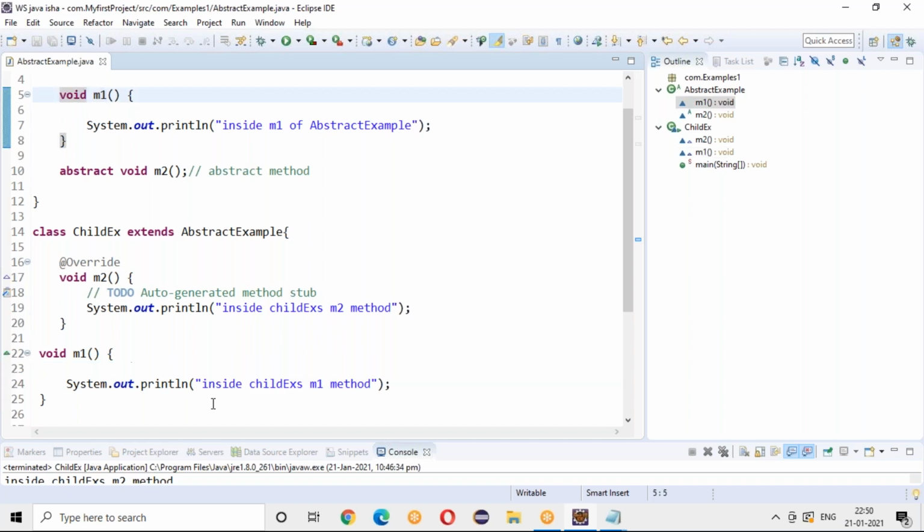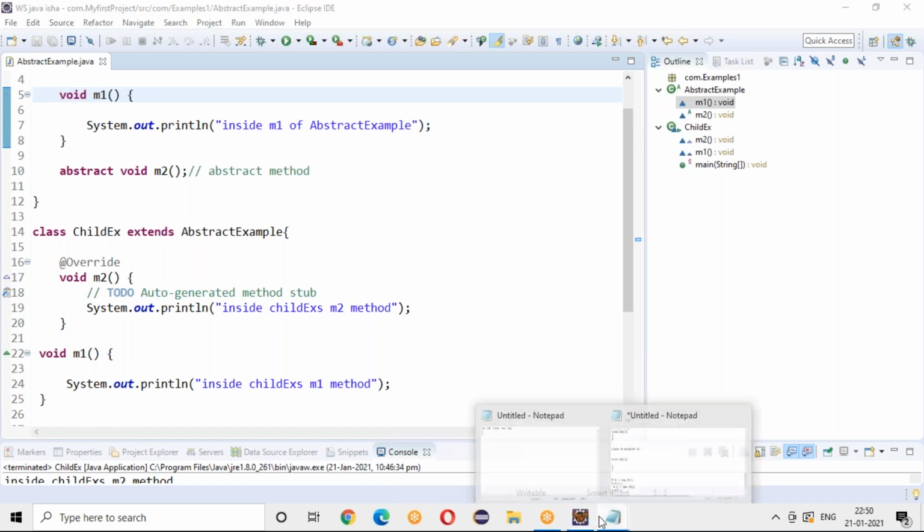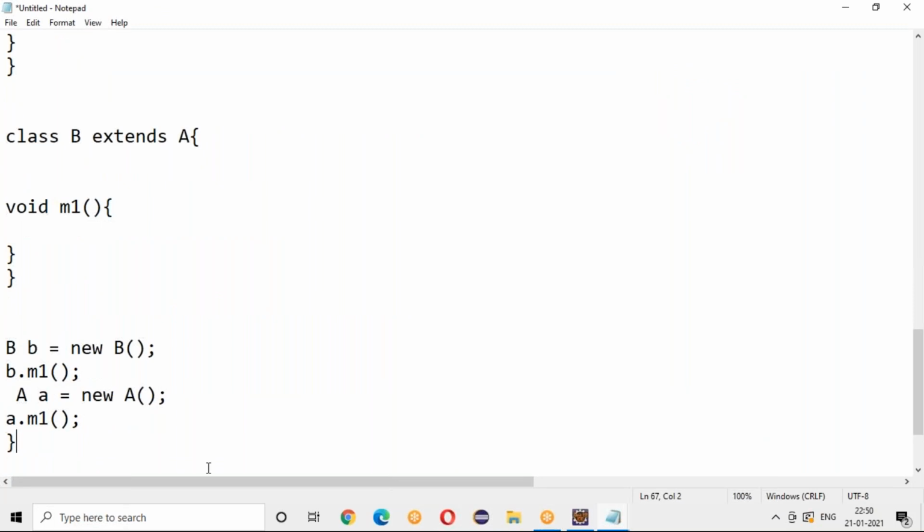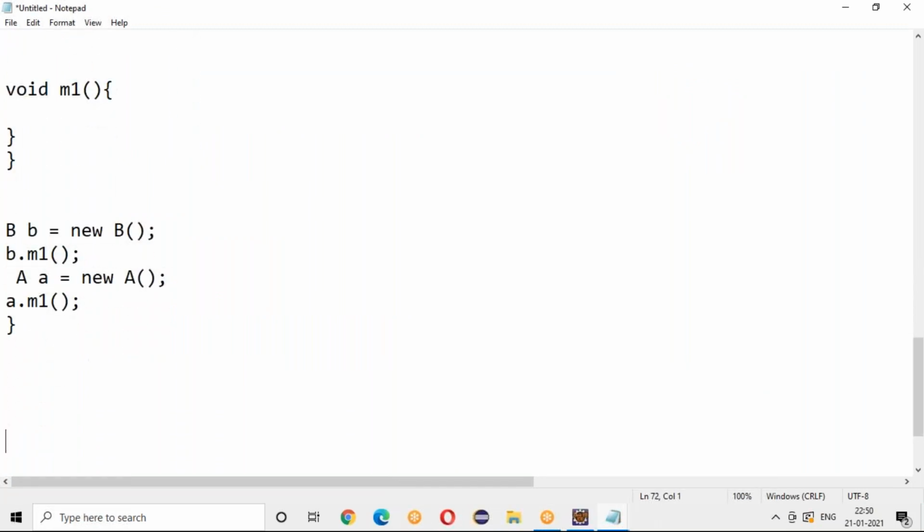Your default or public? I'll just give numbering for the accessibilities based on the access that we have. For low accessibility, I'll give a number to private. Which has less accessibility? After private, which has more accessibility?